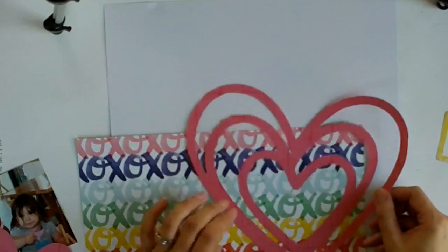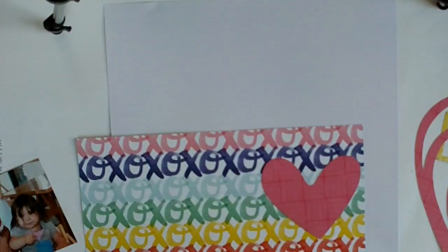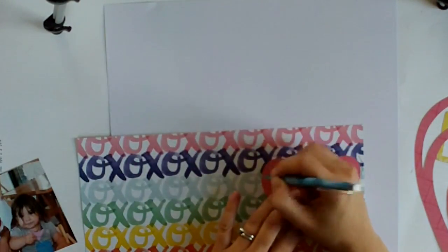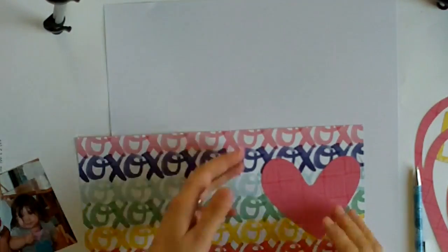So I knew I wanted to fill in the middle heart. And so I just took the heart that had cut out, I guess it's the negative piece, and I just went around it with a pen. And the trick to this is to cut out the shape slightly bigger than the line that you've drawn. So that's what I'm doing now, and sorry I haven't got all of it on screen very well, but it's